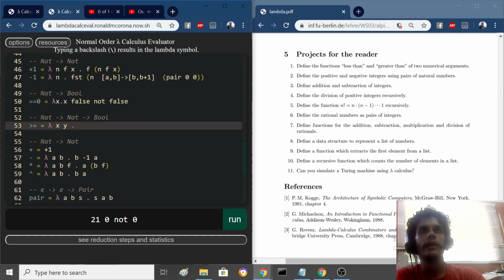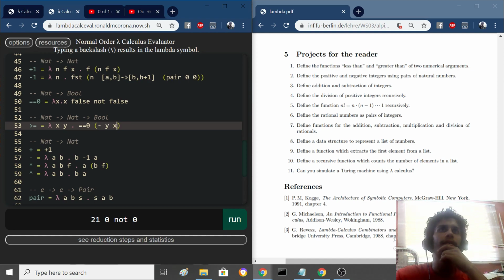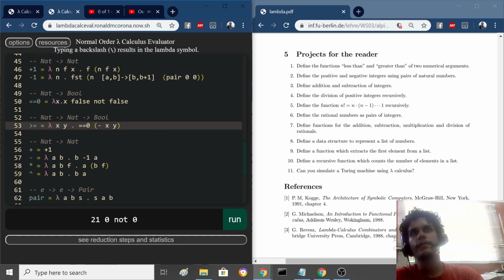and whether x is greater than or equal to y depends on if something equals 0. What equals 0? I think it's y minus x. Let me see, right? Yeah, y minus x. No, x, yeah, y minus, nope, x minus y. X minus y. Alright, why does that make sense? Because,